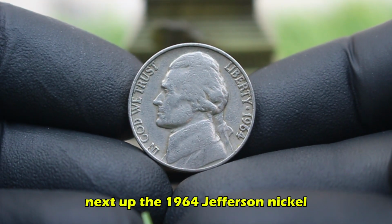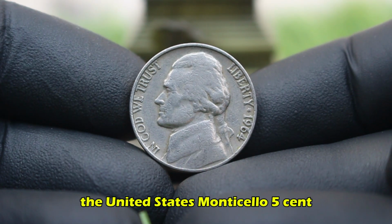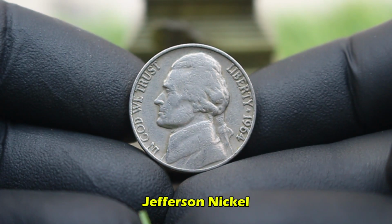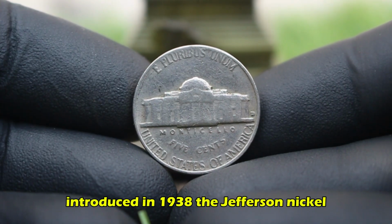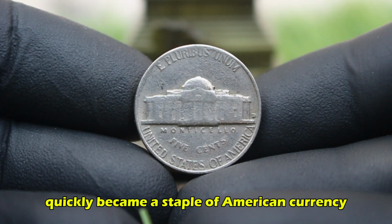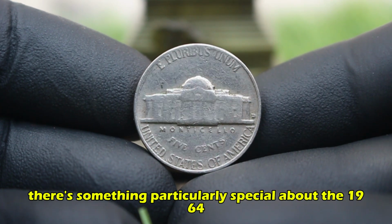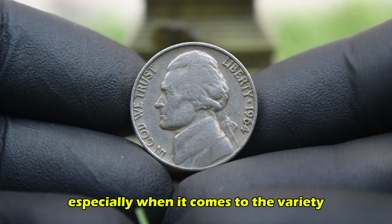Next up, the 1964 Jefferson nickel, the United States Monticello 5-cent Jefferson nickel, is a coin that has fascinated numismatists for decades. Introduced in 1938, the Jefferson nickel quickly became a staple of American currency. However, there's something particularly special about the 1964 version of the coin, especially when it comes to the variety minted